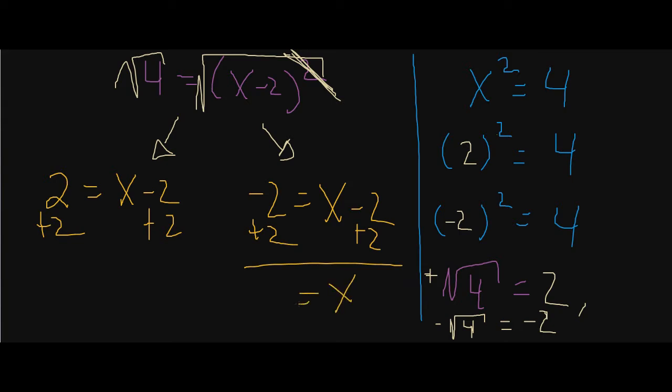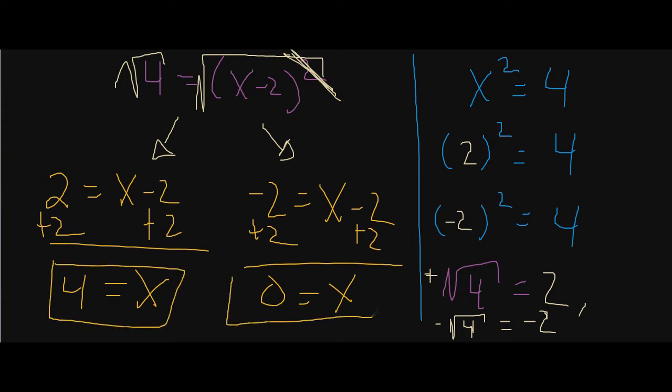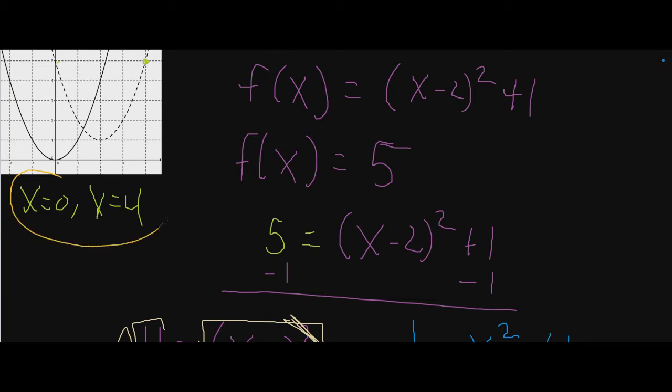Okay, and we're going to get x is equal to 0, and we're going to get x is equal to 4. There we go. And if you look back up here on this graph, that's what we have on our graph. This equation is this dotted line right there. And if you notice, when x is 0, my y value is 5. And when x is 4, my y value is also 5. So it makes sense that we get